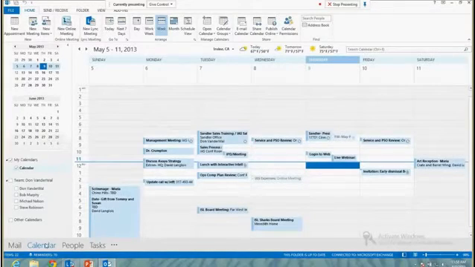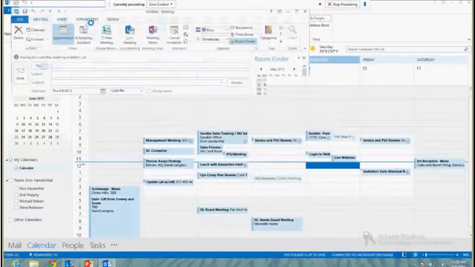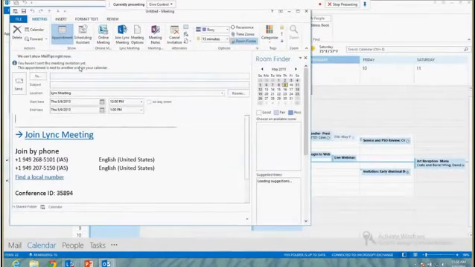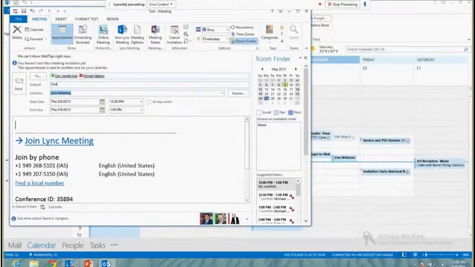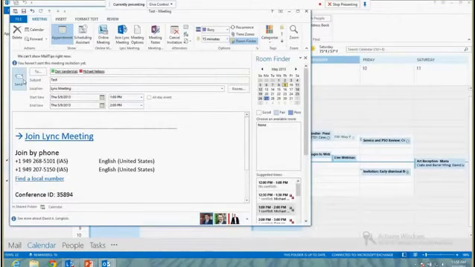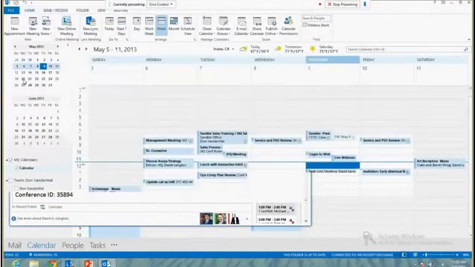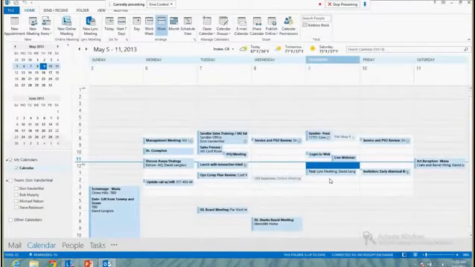So within Outlook, we have our icons up here, right? Creating a new meeting, over here is New Lync Meeting. I simply click one button. I type in who I want it to go to. Maybe it's the sales department. Maybe it's Don. Maybe it's Mike. Type in the subject matter, date and time, and send. When people receive that message in their inbox, they're going to open it up, and they're going to